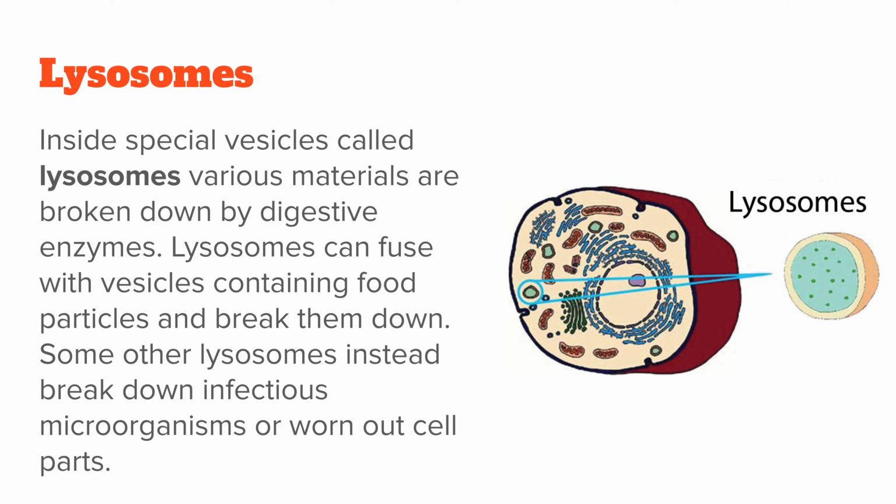So lysosomes can be used to destroy stuff that's been stored in a vesicle, to break down food contained within them, or in the case of a process called cell apoptosis, it can actually kill off the entire cell if